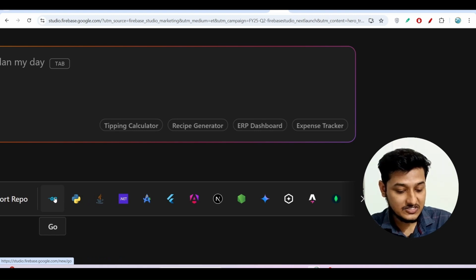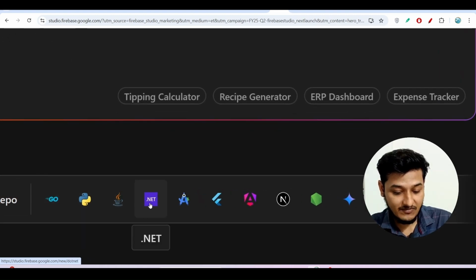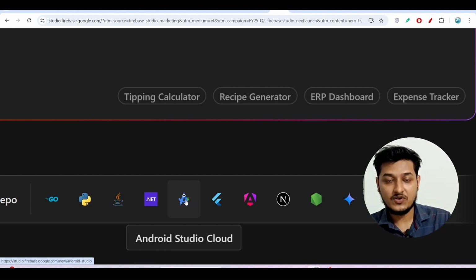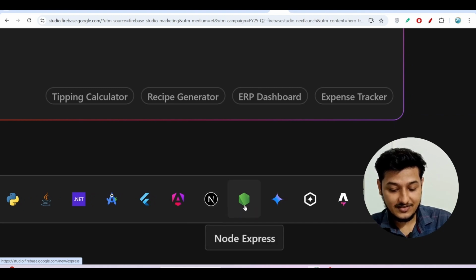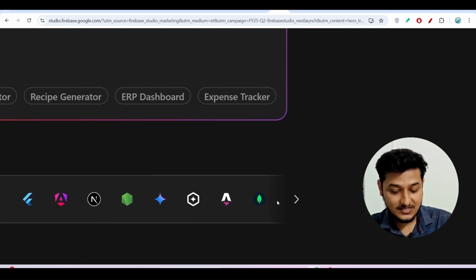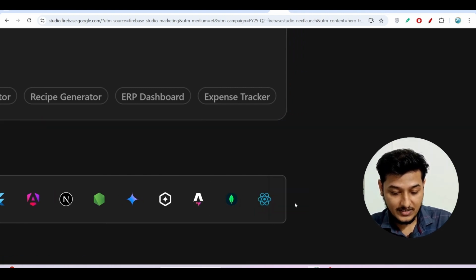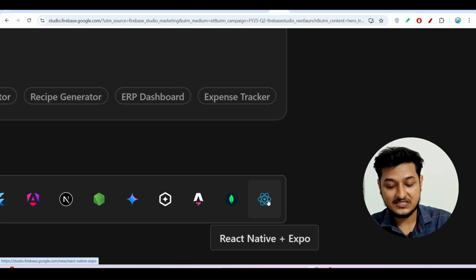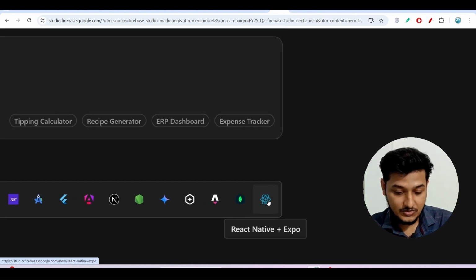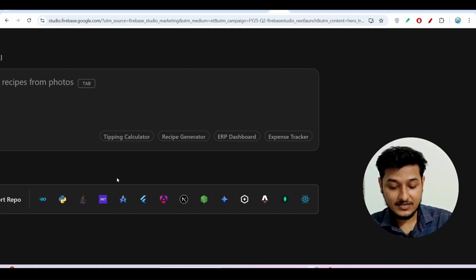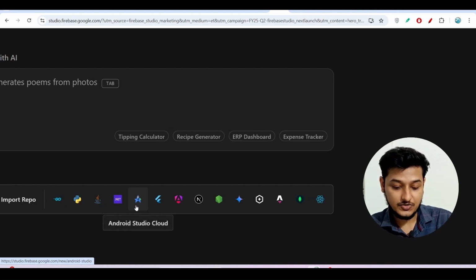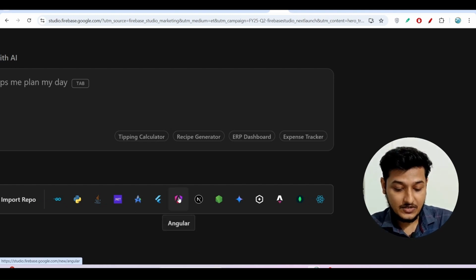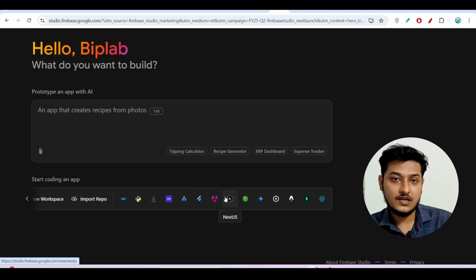Here you see that multiple stacks are there like Go, Python, Flask, Java, .NET, and this Android Studio is for the mobile app, and also this Flutter for the mobile app, and Angular, Next.js, Node Express. Okay, there are multiple stacks there, and for the database there is MongoDB, and also if I click on this arrow here you see that React Native plus Expo. This is for the React Native mobile app. So that means you can build three kinds of app here, like this React Native app or Flutter app or this Android Studio. So this is very much helpful,